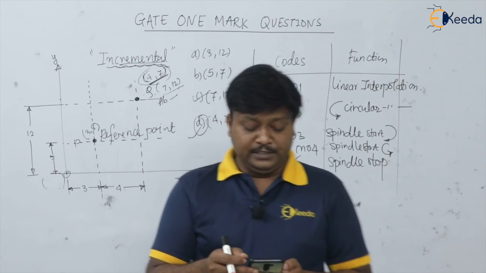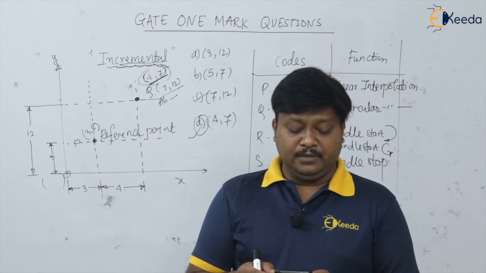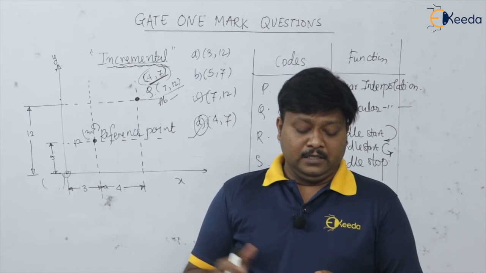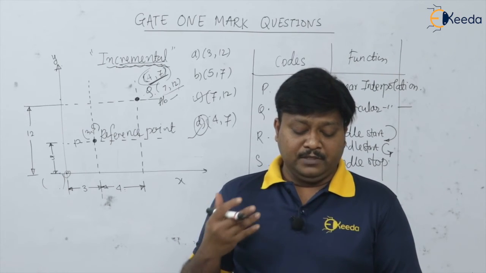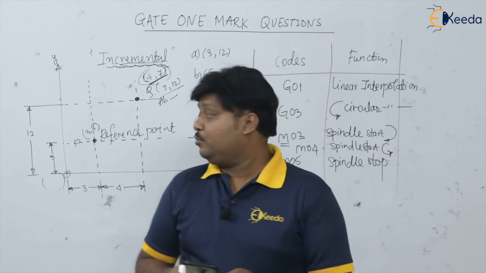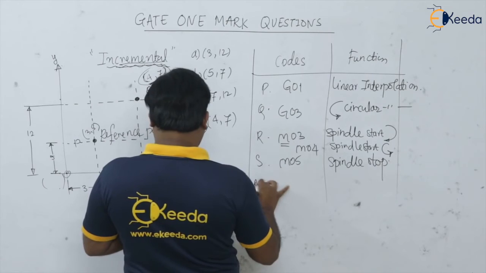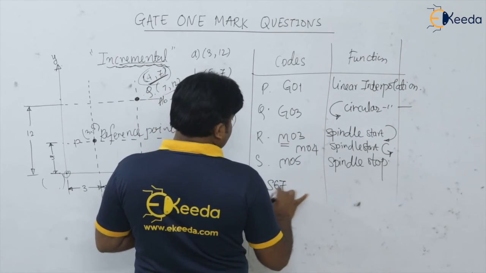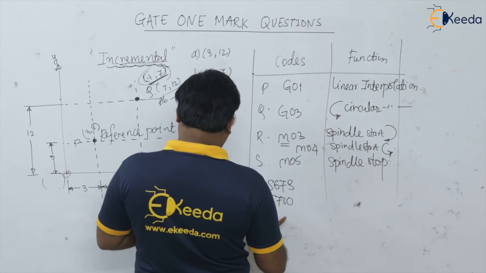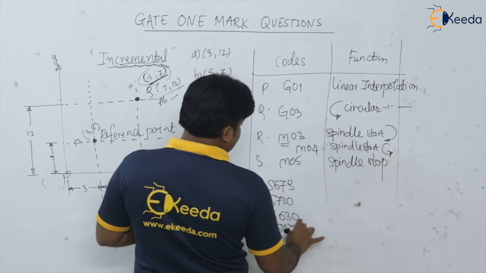Next question that we are going to see. In NC part programming, the spindle speed of 730 RPM will be coded by the magic 3 rule. How this spindle speed of 730 RPM will be coded by using the 3 magic rule. So how are we writing the spindle speed in the part programming? So of course they are saying that option A, S7673, option B, S730, option C, S630, and option D, S037.